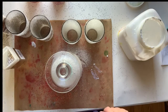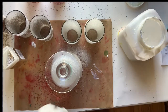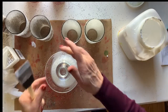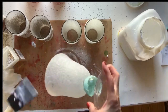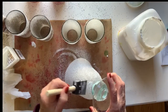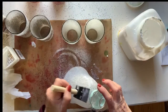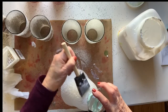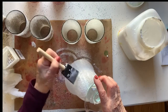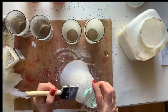I'm going to try to get, let me get a cloth. I've got glitter on my brush, so I'm going to try to get some of that off. There we go. Got that all off. This is all going to come off. So I'm just going to come in here and put just a light, ever so slight coat, because you can always come in and add. I'm going to try to feather it up. And I've already sprayed this with Krylon,